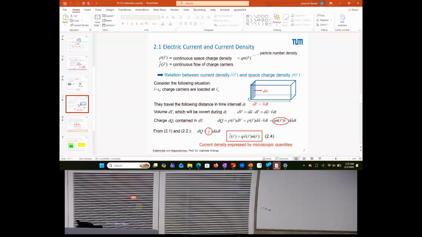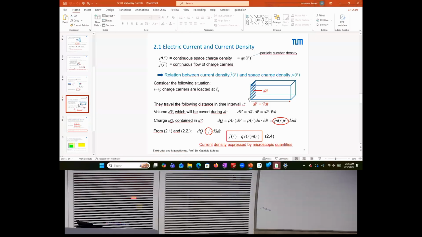through that surface. So this is why you, in the end, have to account all the charges in this volume that is prescribed, on the one hand, by the velocity and the delta t of your observation, and on the other hand, by this surface area. So this gives you a volume where all the charges are in that will, in this time interval, cross this surface element. And so that is how you get to your current,